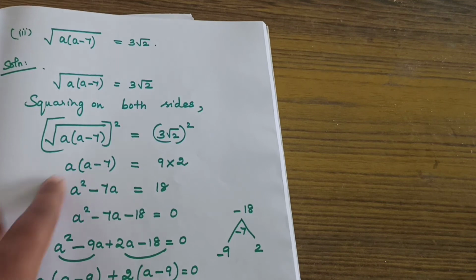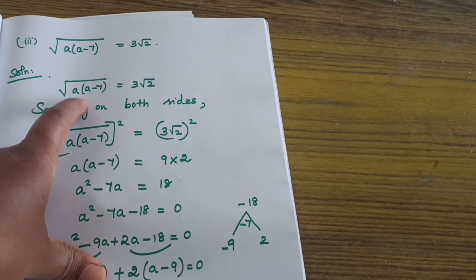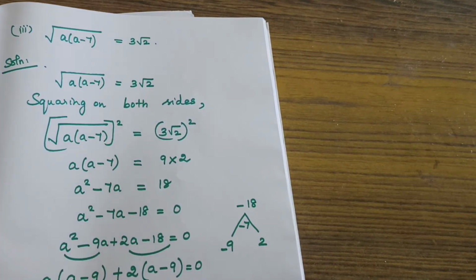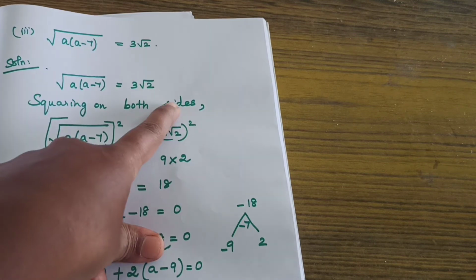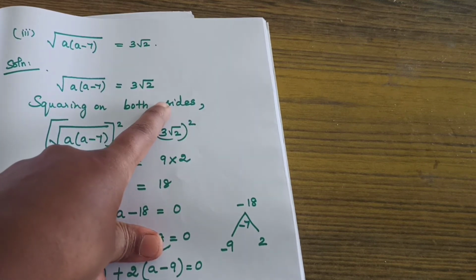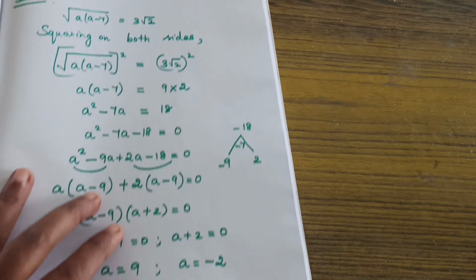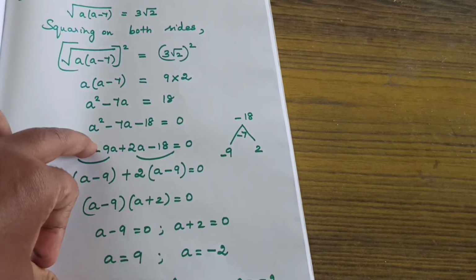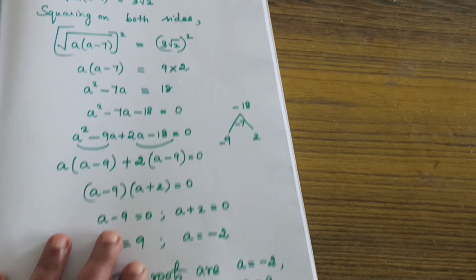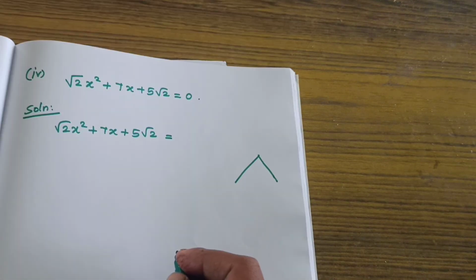First thing, we need to check whether it is in the standard form. If it is not in the standard form, we need to convert it into the standard form. Here, square root only, so we need to remove the square root. For this, we need to square on both sides. After squaring on both sides, we will get the standard form. Then, need to factorize like this. We will get the answer easily.